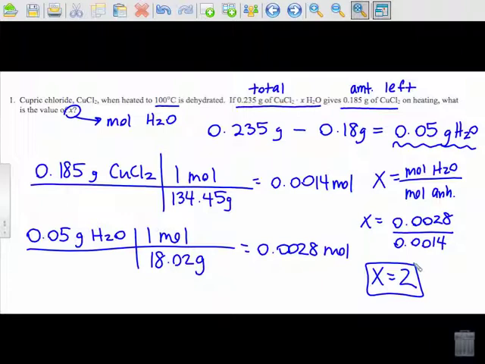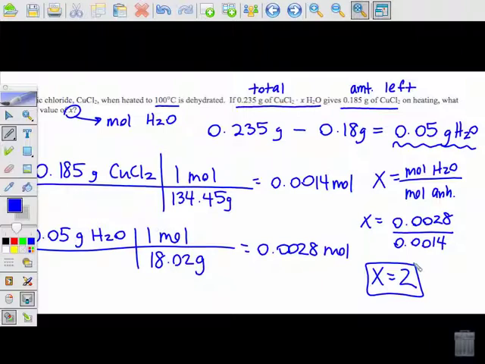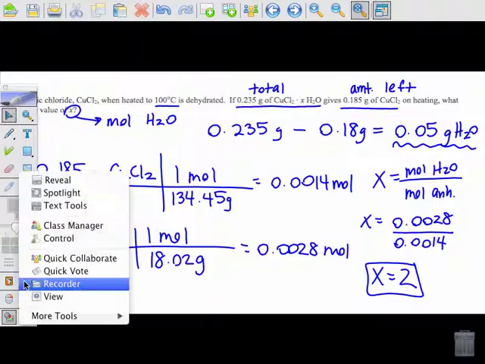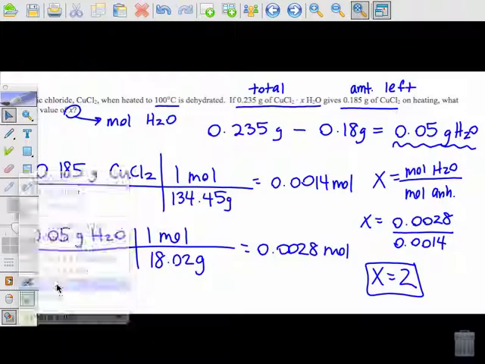Yep. If we only rounded to 3 places in the moles, we got X equals 3, and then you saw it work. Yes. Okay. Yes. For the hydrates, is there like a maximum amount